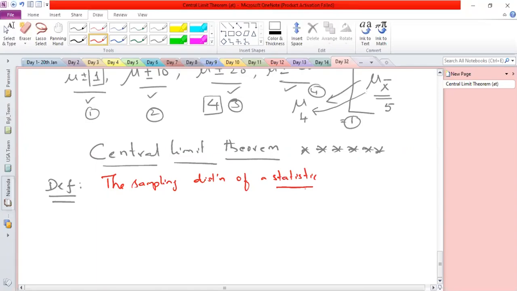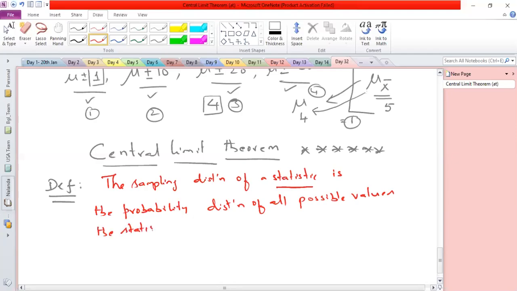The sampling distribution of a statistic is the probability distribution of all possible values the statistic can take, or that the mean may take or assume,